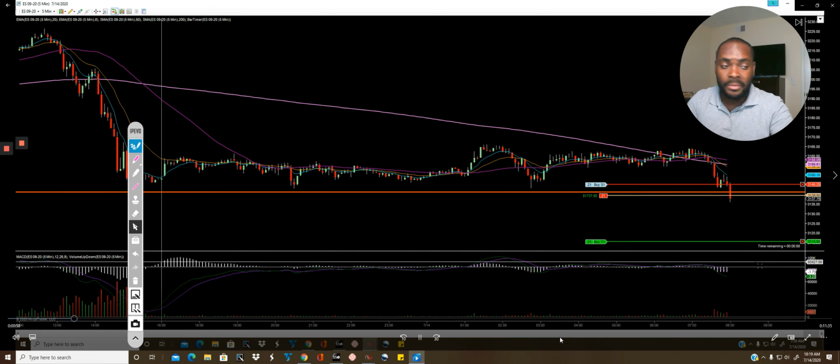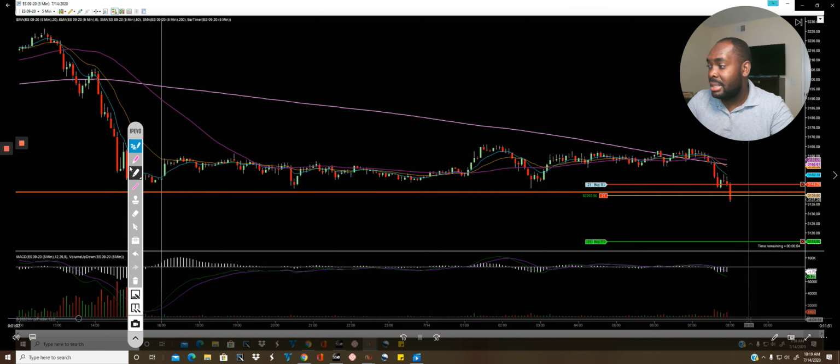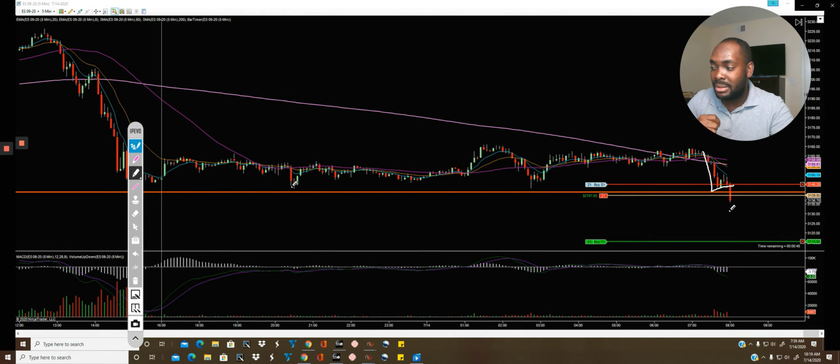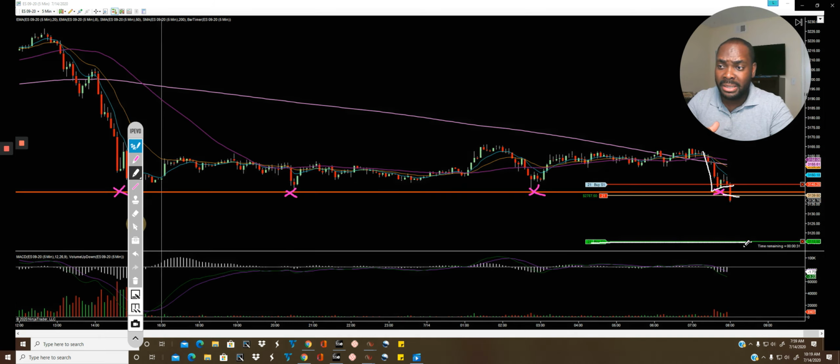So right here in this video, you can actually see that right here we had the bear flag, and then we got the nice breakdown, and once the breakdown happened, I put my entry in right in this area, and my target is going to be right down here. But I may not wait for it to get all the way down there, because specifically with this trade, I